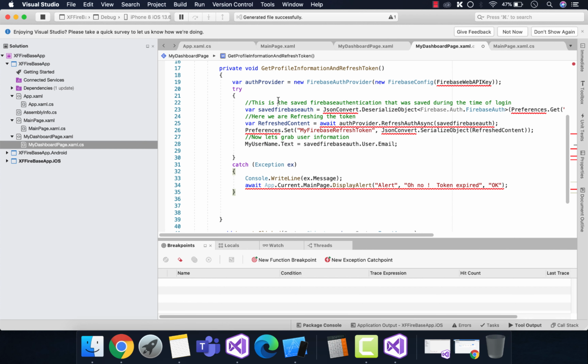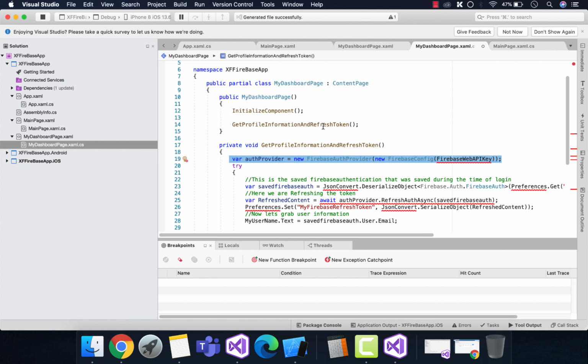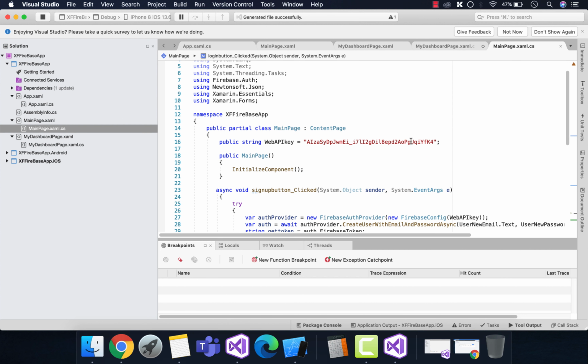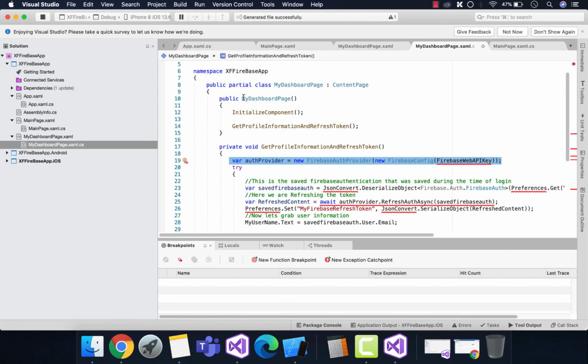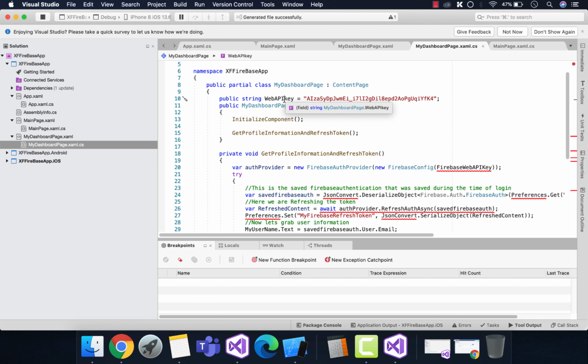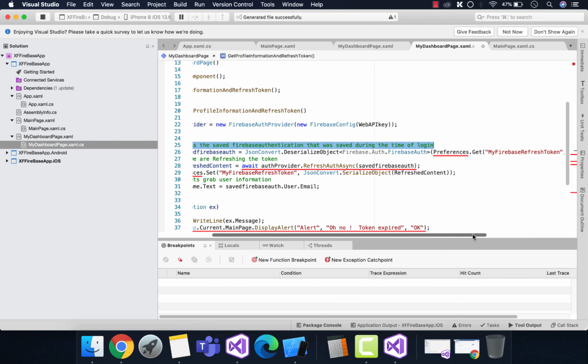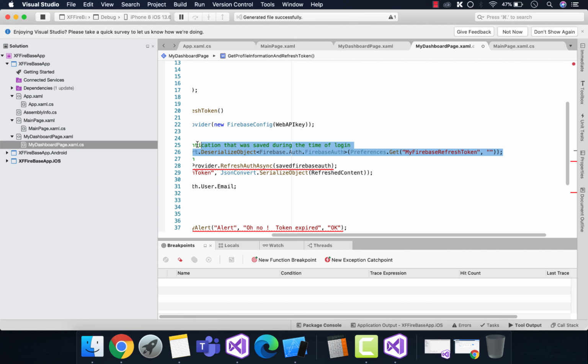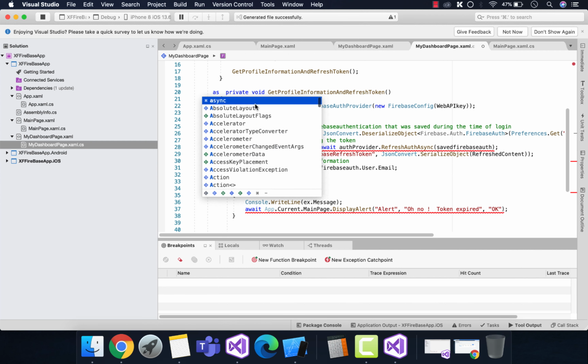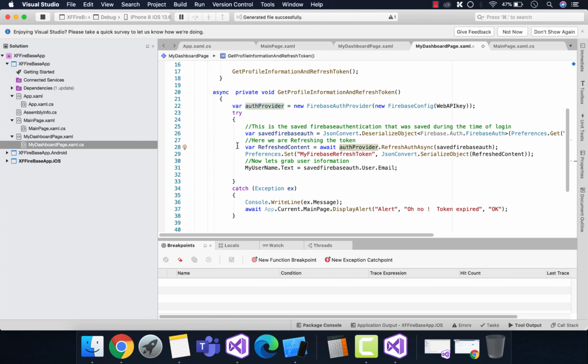Here we are going to call again the Firebase auth SDK. So this whole process is the same as what we have done in the login as well as sign up. So we are again going to call the Firebase SDK, and with the help of the web API key, the auth provider is going to provide us all the information back again. But in order to refresh the tokens that were saved during the time of login, to make the user active every time, we are going to do an optional step, that is refreshing the tokens that were saved during the time of login, and then again saving them to the preferences so that they will remain in their state.